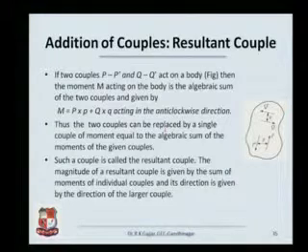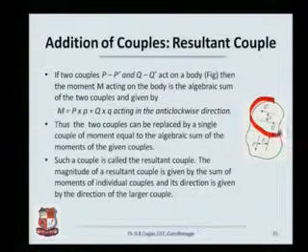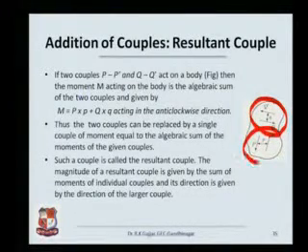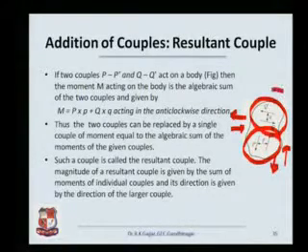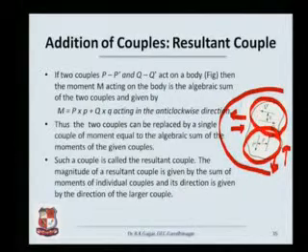Another aspect of couples is how do you add couples? In order to add couples, we saw the resultant of forces, right? Resultant of vertical forces, resultant of horizontal forces. Similarly, we should be able to have a resultant couple also. If there are n number of couples acting on a body, say as I have shown over here, you have a couple Q, you have a couple P, there can be many such other couples, and you want to find out what is the cumulative effect of all these couples acting on this body.